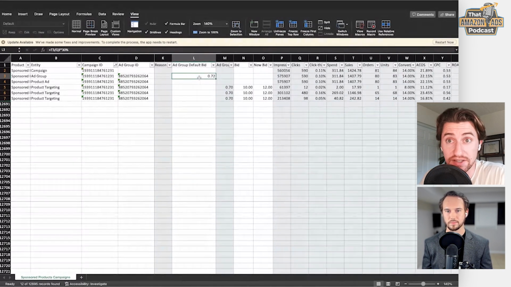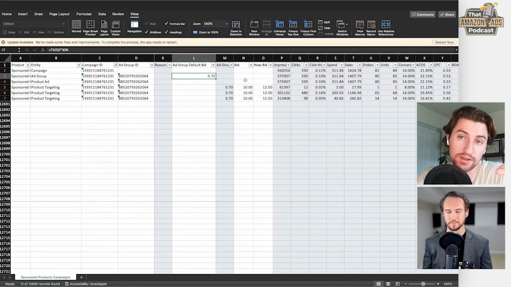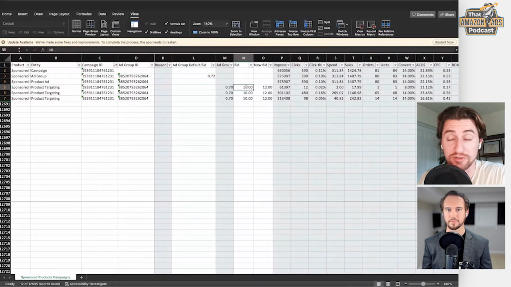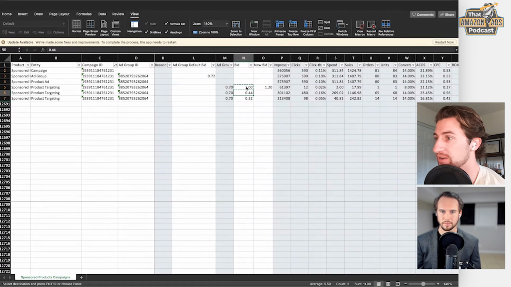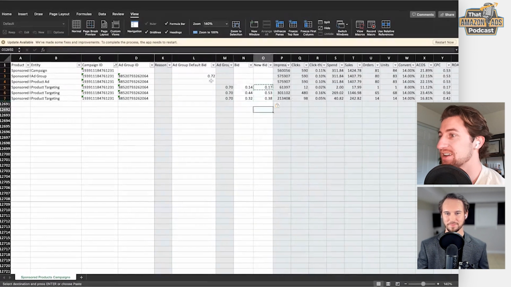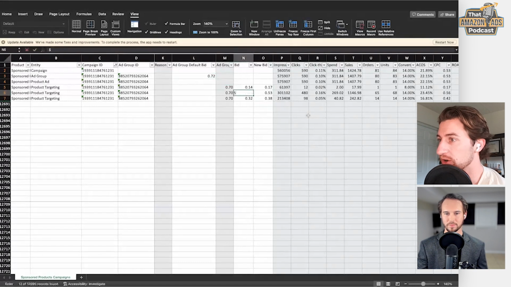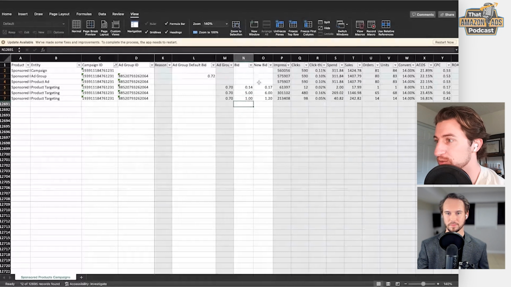I'll tell you as a safety, just a very safe thing, we'll usually put our bid ceilings at around double what the target cost per click should be, which is pretty forgiving. So what that would look like here is, let's change these back to $1. Or actually, how far do I have to go back to get the actual keyword bids that we had originally? Not too far. There you go. So all of these are quite a bit below what the target cost per click should be. But let's pretend this one was 5, and let's pretend this one was 1.